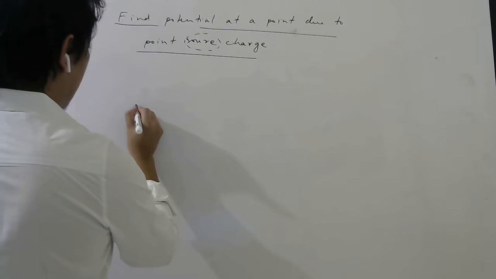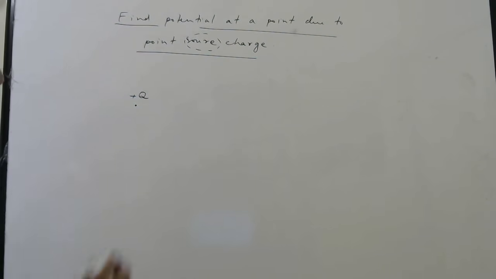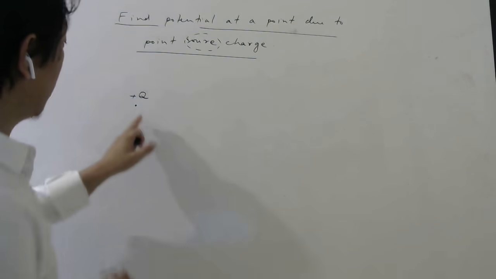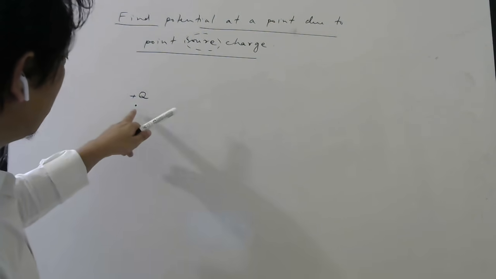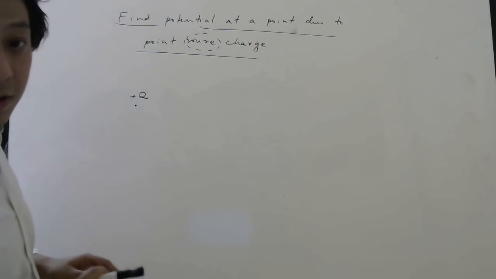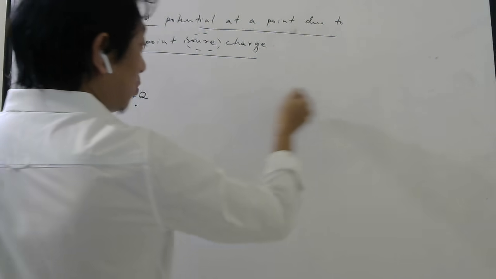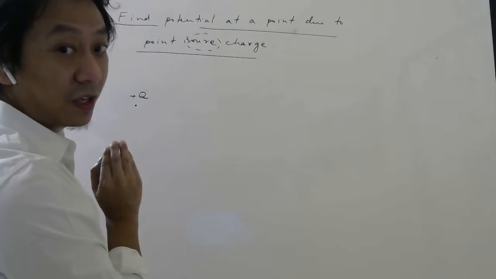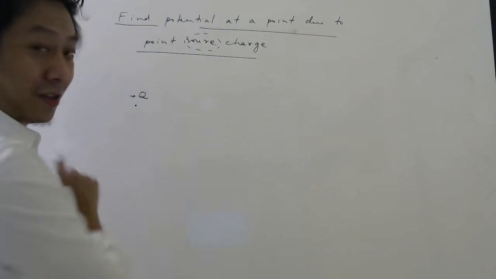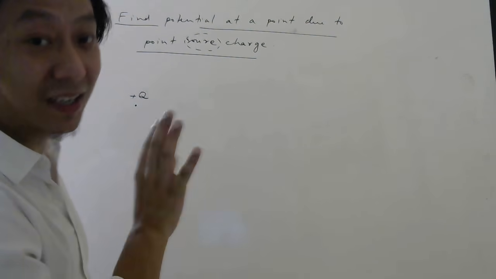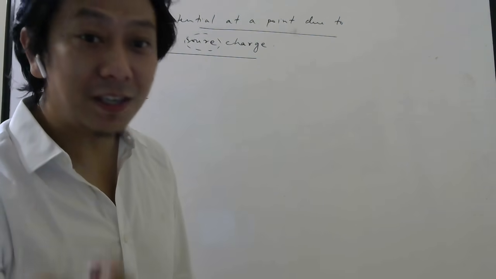So I have a point charge plus capital Q. Now you know in this surrounding space there will be electric field due to this charge. This is my source charge. If I bring another charge from one place to another place slowly, then I will have to do work against the electrostatic force, or the electrostatic field produced by this charge, and that work done is nothing but potential if I start from infinity to some point.